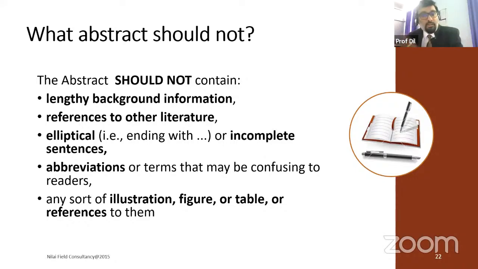and then the rest of the thing should be completed by the readers. No, it should not do that. Incomplete sentences should not be there. Complete every sentence. Abbreviations should not be there. WTO or AIDS or AICTE, all these things, something which is so common and people can easily grasp it, it's okay, but otherwise don't use it, okay?